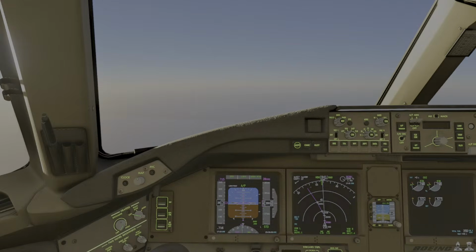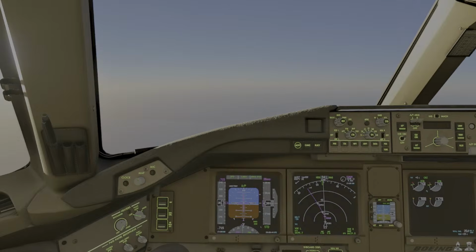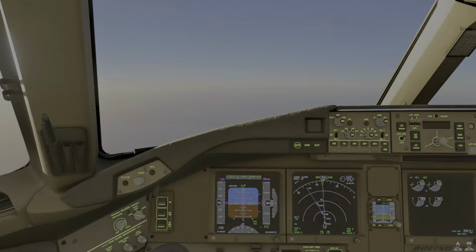So, do you recommend the 777-300ER passenger for the 777? Both are fine. It really depends on what you like. Personally, I prefer the 300ER. I think it's a much nicer looking plane. But maybe you're one of the guys that like to fly cargo. If it's cargo flights, then the cargo one will probably be more